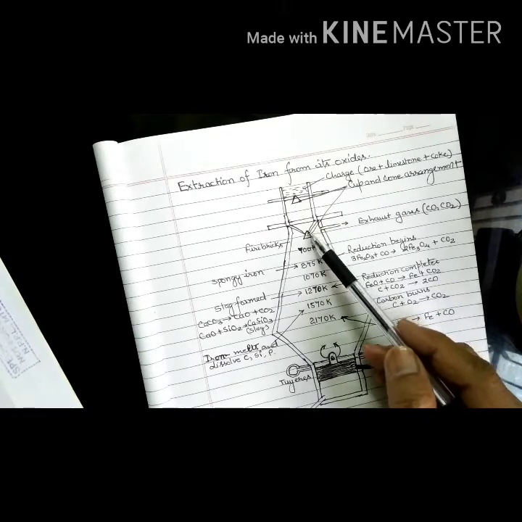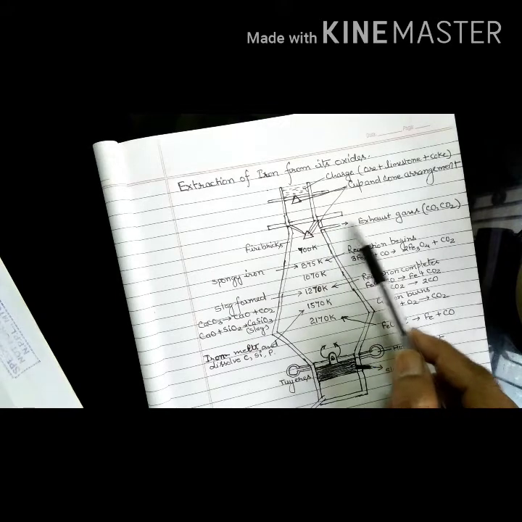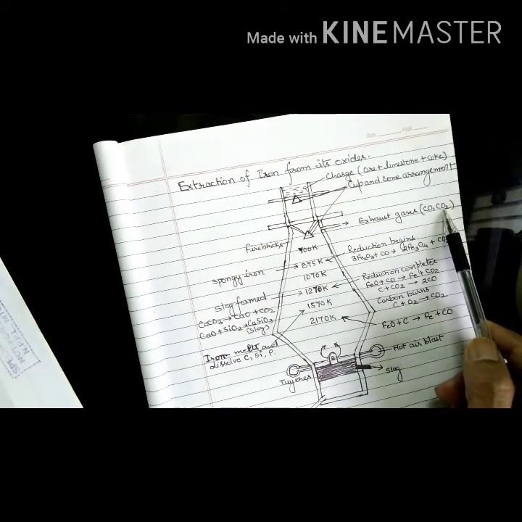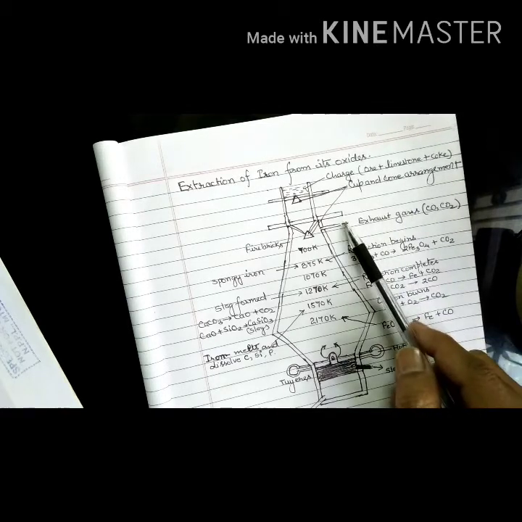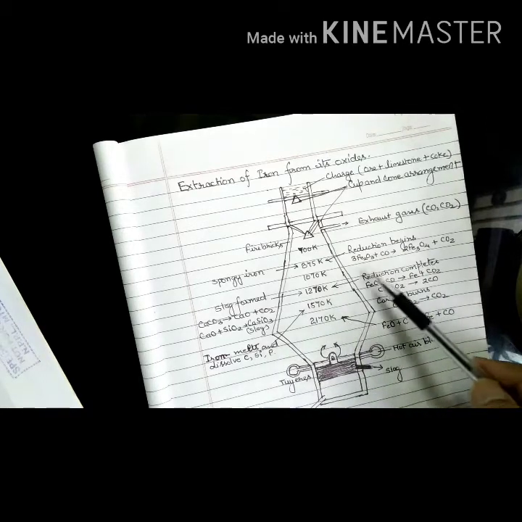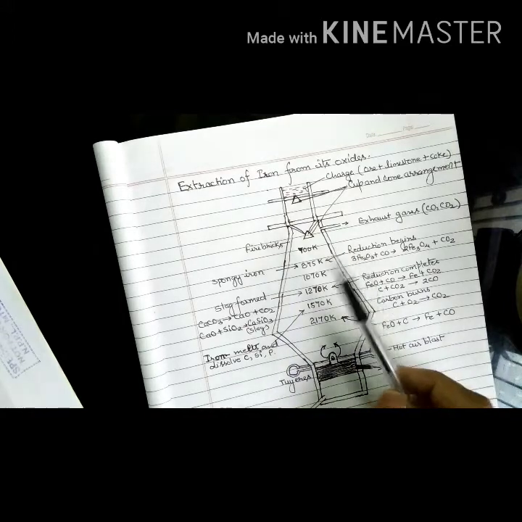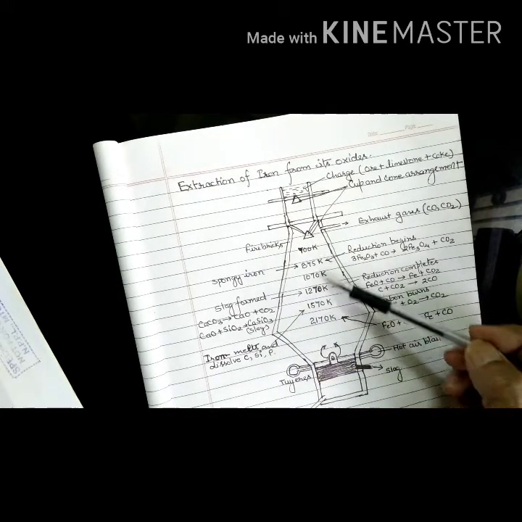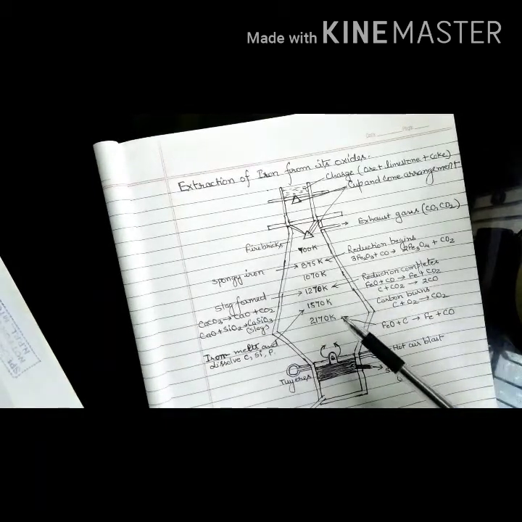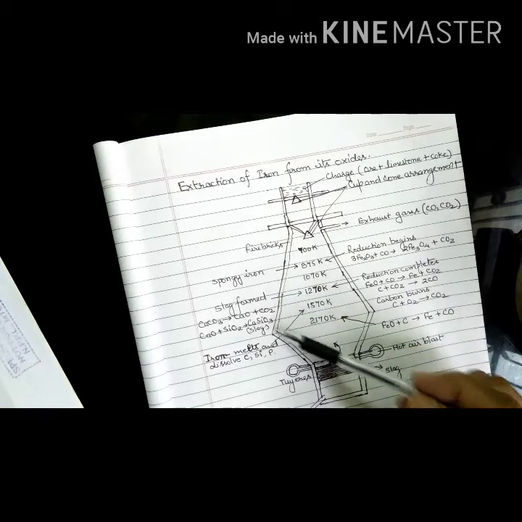Below the second cone, we can see the exhaust gases outlet, from which carbon monoxide and carbon dioxide, both gases, are exhausted out from the blast furnace, which are already formed during the process of cast iron. Here temperature is also mentioned, and at different temperatures different reactions are taking place. The blast furnace is made up of fire bricks.